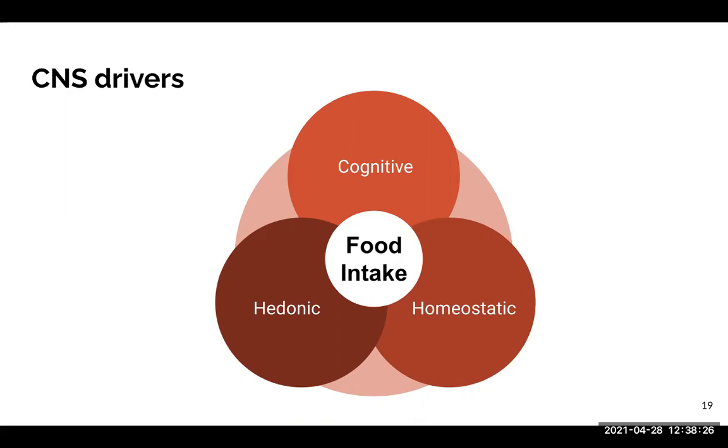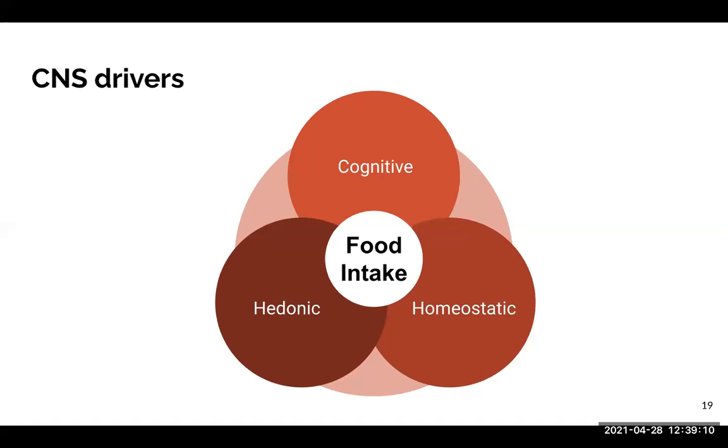And then you have the hedonic pathway, or the pleasure-seeking pathway. This incorporates areas of your brain like the nucleus accumbens and the ventral tegmental area, places that deal with reward, the pleasure that you get from food or food craving, how your brain is using that part to make a decision about what to eat or motivate you to eat. And then, of course, the homeostatic mechanisms, or the hypothalamus, where your brain is integrating signals from ghrelin and leptin and all those other chemicals from your body that tell you,